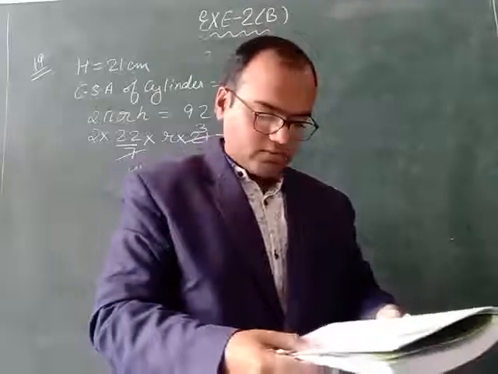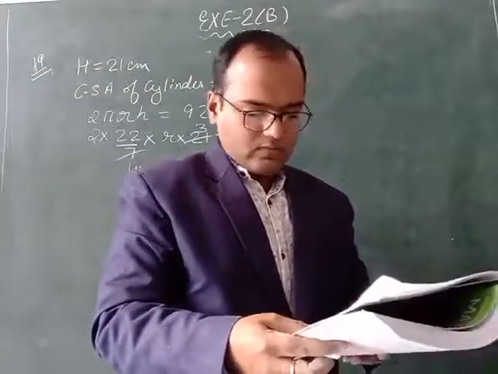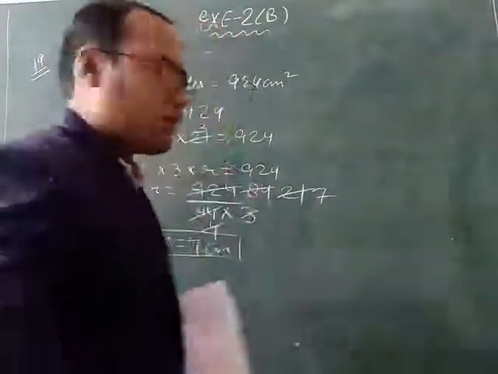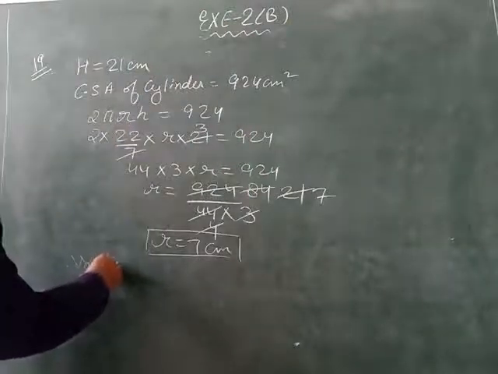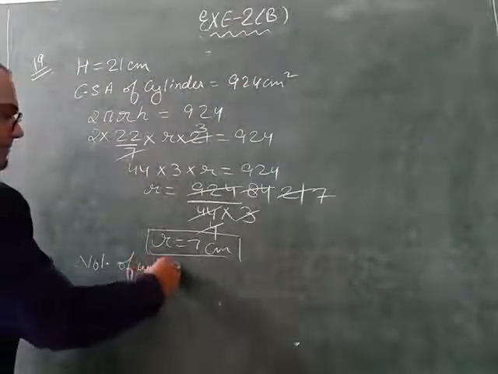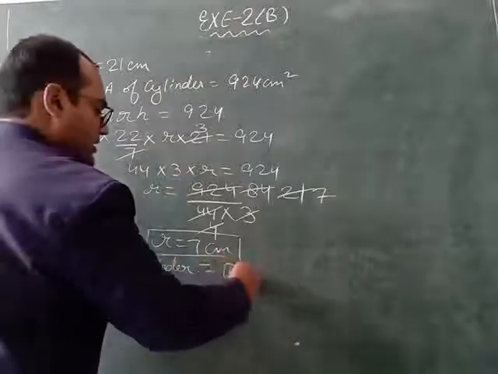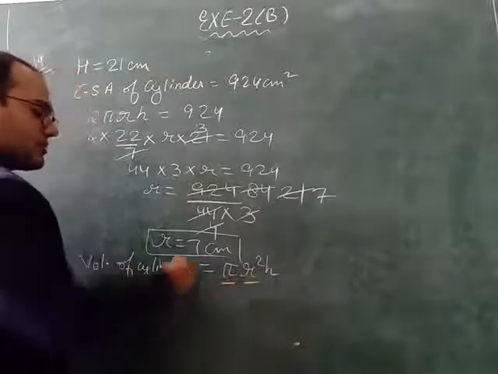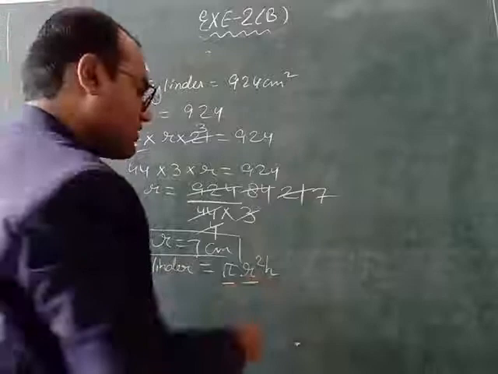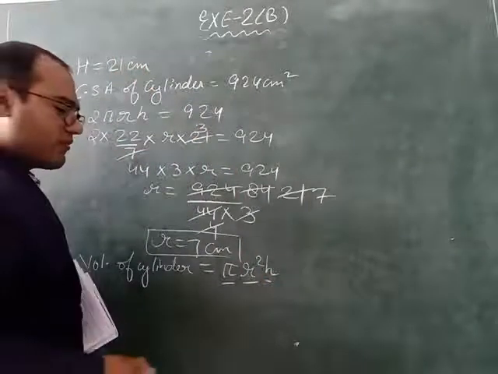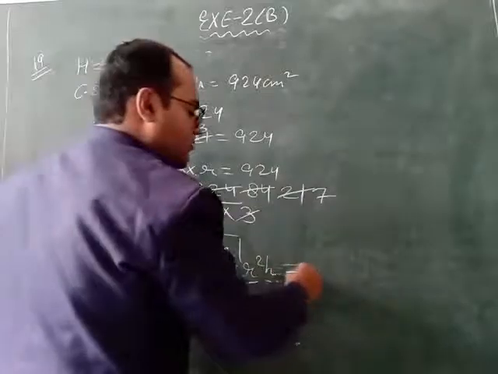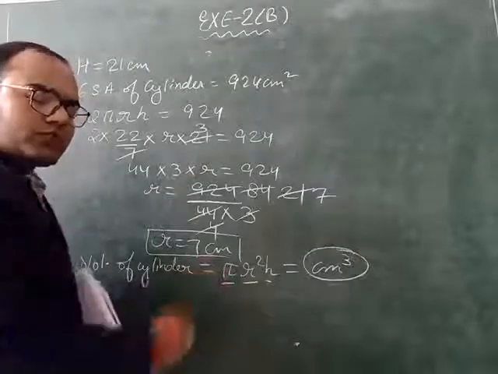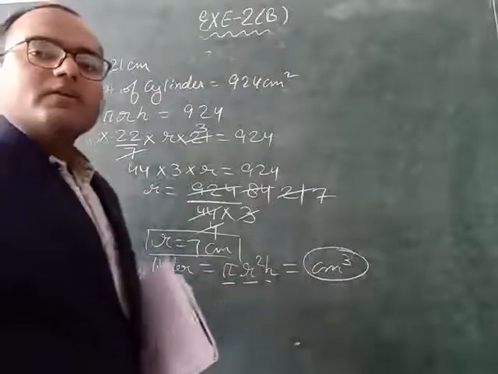In the question we have to find the volume. The radius we have already calculated. So now we have to use the volume of cylinder formula. The volume of cylinder formula is pi r square h. Pi value we will put here. R square, so r is 7, so here we will do the square of 7. H value we also know, H value is 21. So on putting the values we will get the answer of volume in centimeter cube. So directly you have to put the values here and then you will get the answer.